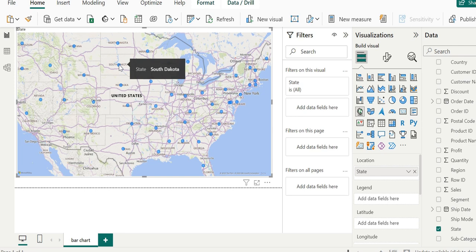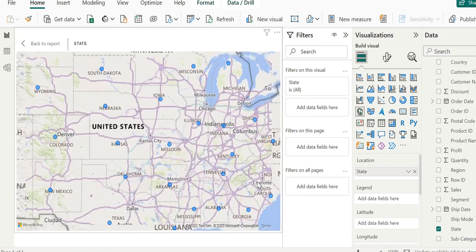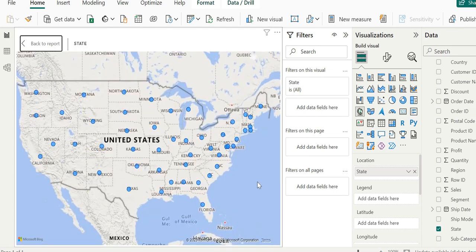states. As another aside, you can also see the filter and focus mode buttons appear, not on the top right, but on the lower right side. Let's click on the focus mode here. This allows us to view our data in more detail.